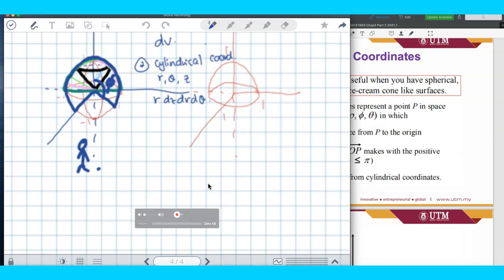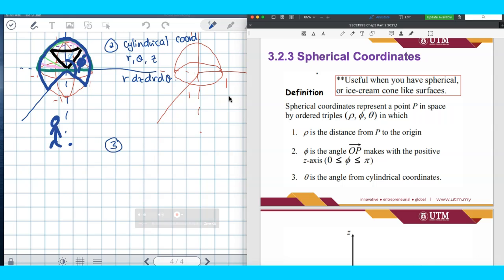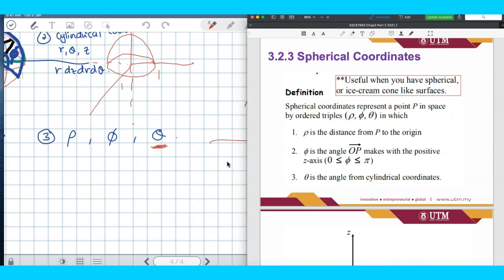Okay, so for spherical coordinates here, if you look at the slide, you have variables that you have never seen in the cylindrical and Cartesian: rho, phi, and theta. Similar to the cylindrical, you have seen this theta, right? The way you explain the physical meaning of theta is similar to polar, where theta is the angle on the xy plane, coming from part of the circle, where theta is the angle